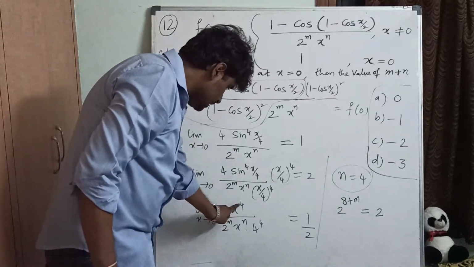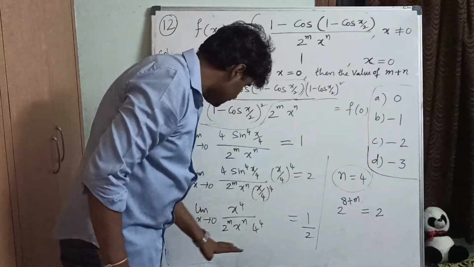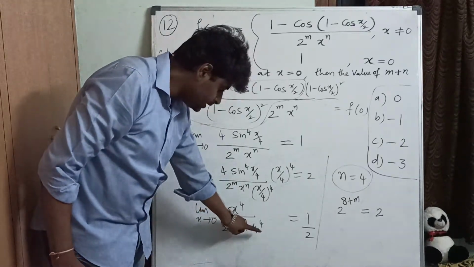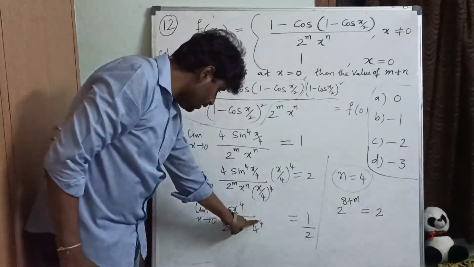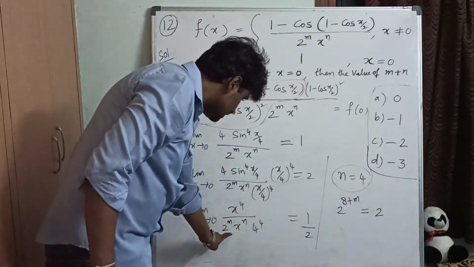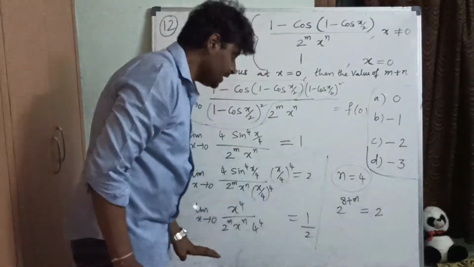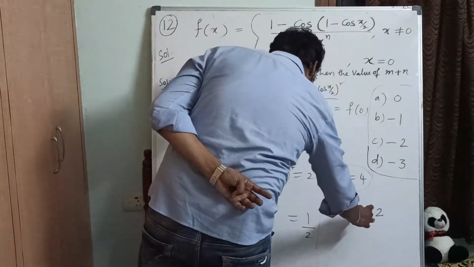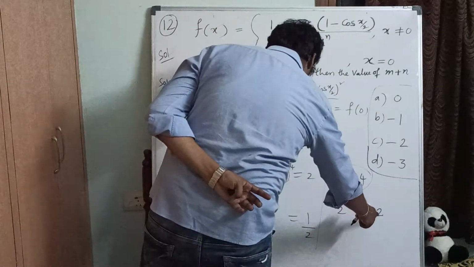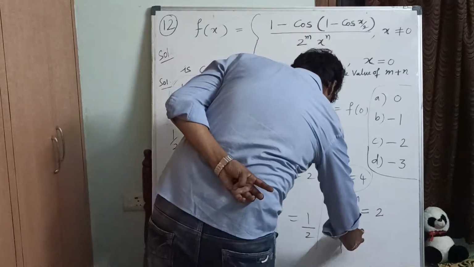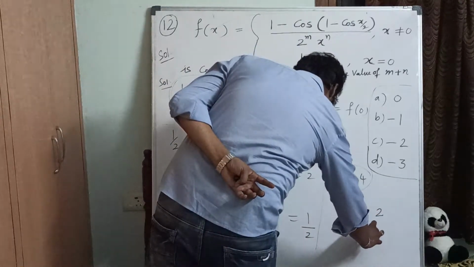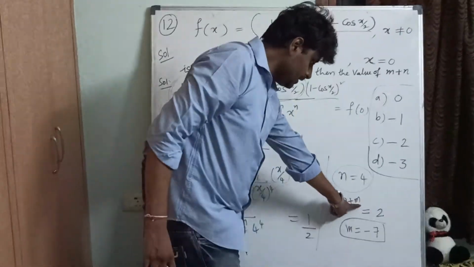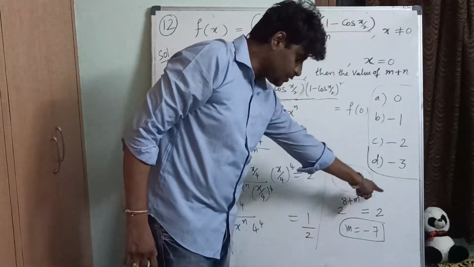So here these two must be the same. n value 4 I wrote, and here 2 power m, here 4, so many 4, then 2's 8. So 2 power 8, 2 power m, 2 power 8 plus m must be equal to 2. So now what will you get here? 2 power 8 plus m equals 2, so what will be the value of m there? m must be minus 7. Correct? 8 minus 7, 1. 2 power 1, 2 power 1. 8 plus m equals 1.